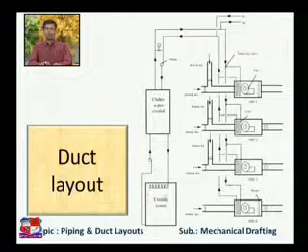This is the symbol of a cooling tower. So the cooling tower is provided over here to cool the water or air, whichever fluid is used as a medium, and this represents the coil. Here inlet and outlet symbols are there, and coils are provided over here. This coil may be a cooling coil or it may be a heating coil. So this is a particular duct layout.